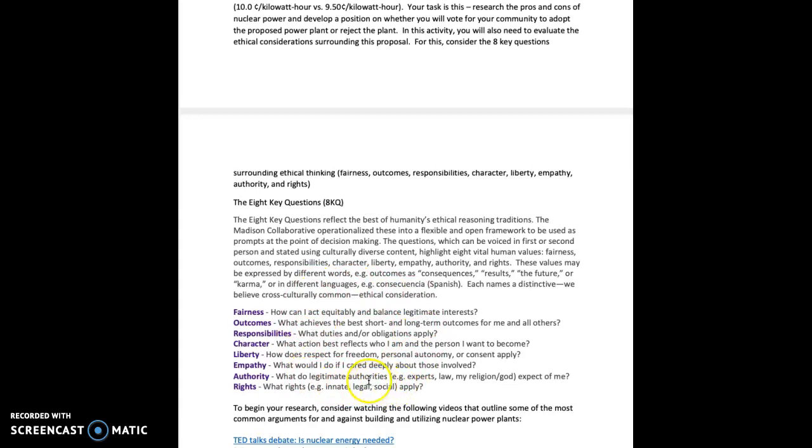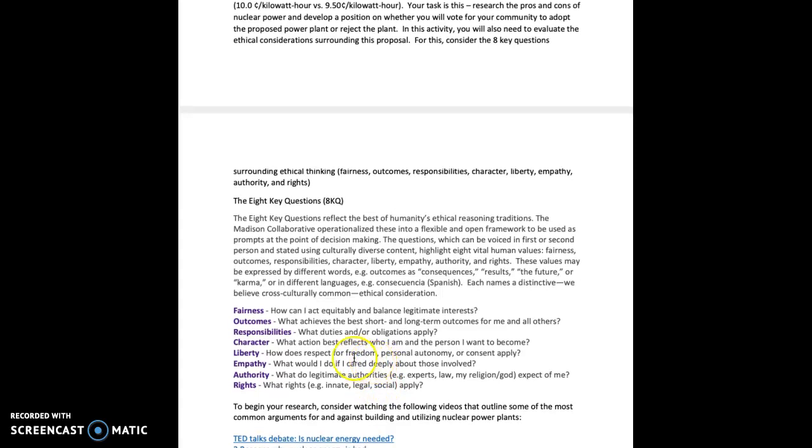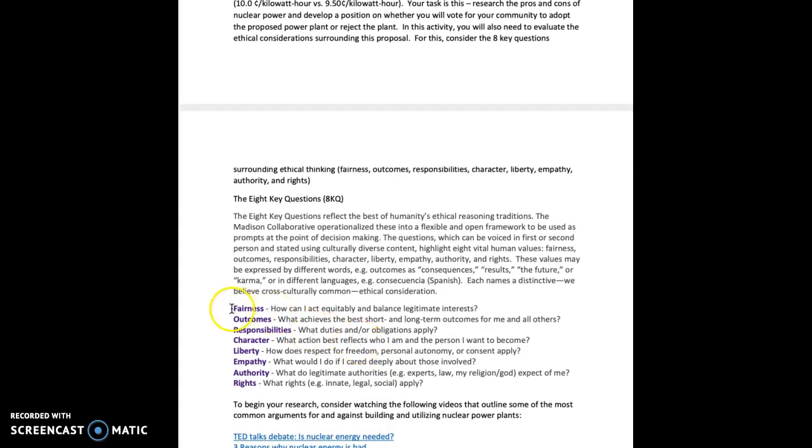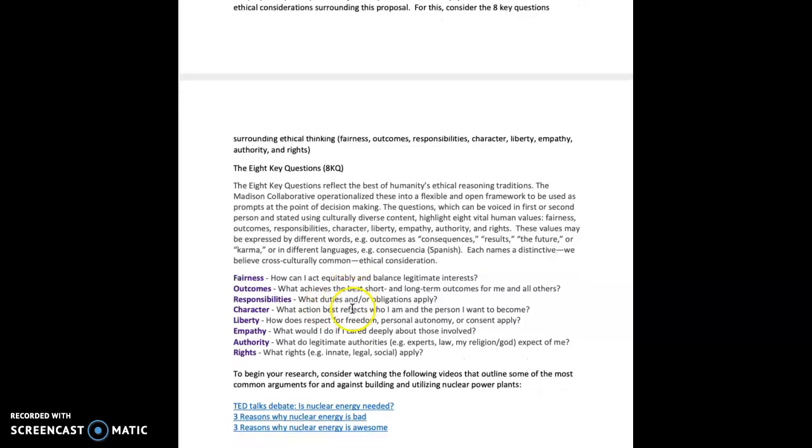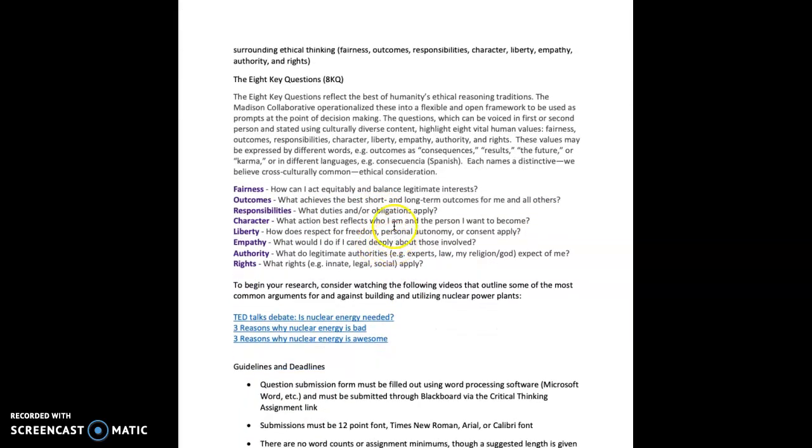Here's the thing. You are not going to need to address every single one of these 8 questions. In fact, some of them really have no bearing whatsoever on the problem that is being posed here. However, what you're going to want to do is pick probably 3, maybe 4 of them and really dig deep into them. So, from a matter of outcomes, for example,